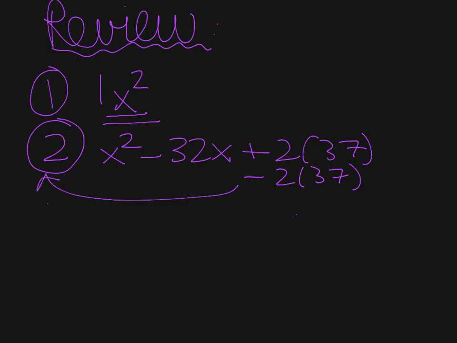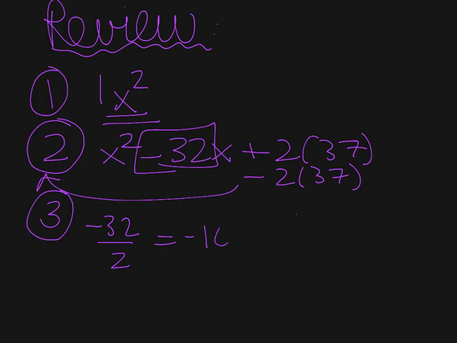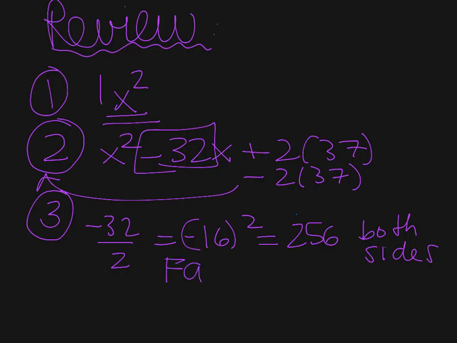The third step is to take the coefficient attached to x, which is negative 32, divide it by 2, and then square the number you get. Then that number is added to both sides. And then you factor the quadratic you're left with on the x squared side. After you do that, you make sure that y is by itself, with a coefficient of 1. So you do whatever you can to make sure that's possible, and then you have your answer after everything is